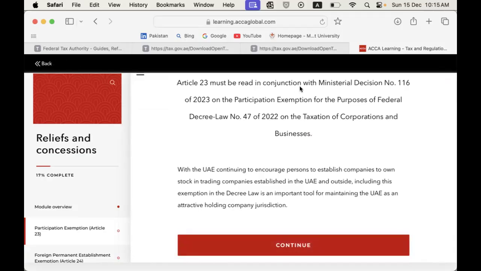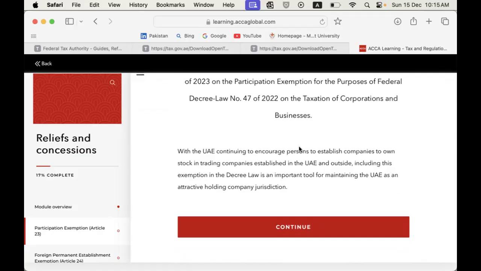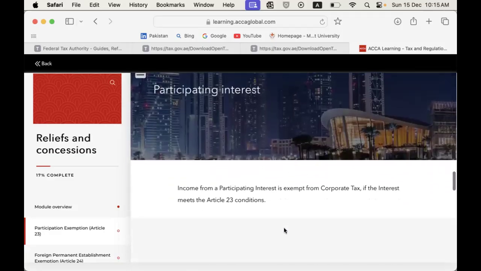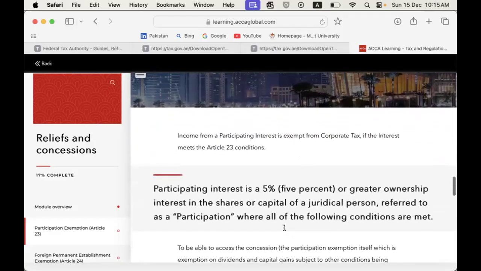Article 23 must be read in conjunction with ministerial decision number 116 on participation exemption. This decision probably will be elaborated later. It slightly modified the 5% criteria. So first of all,